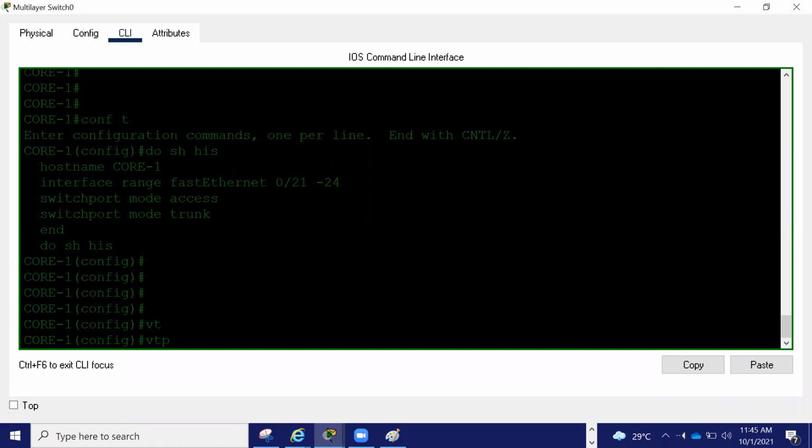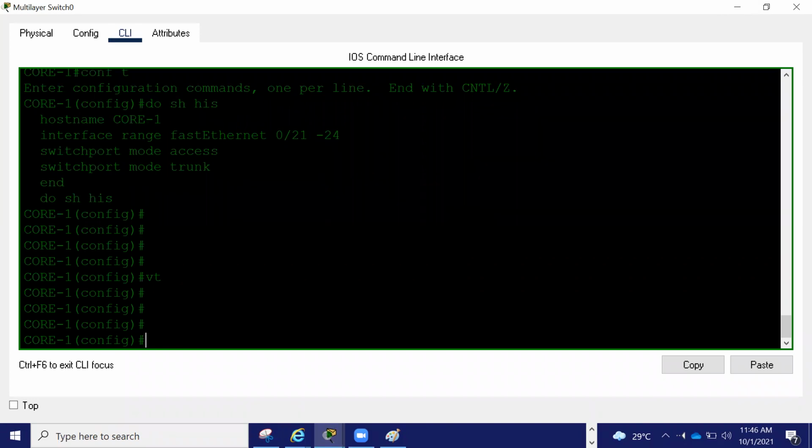Here I'm going to do VTP. This whole lab we will do later. Right now I'm going to create two VLANs manually. By VTP we will see later.